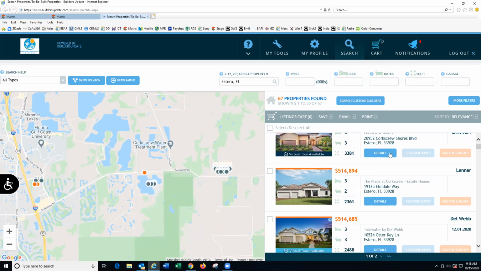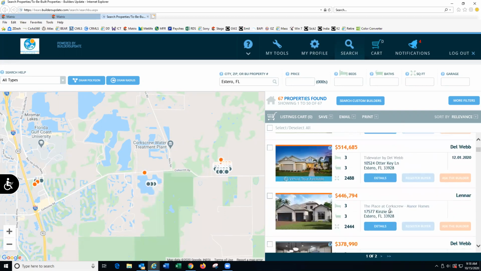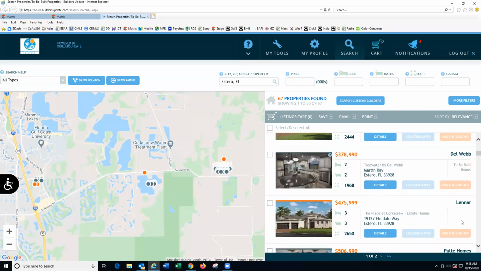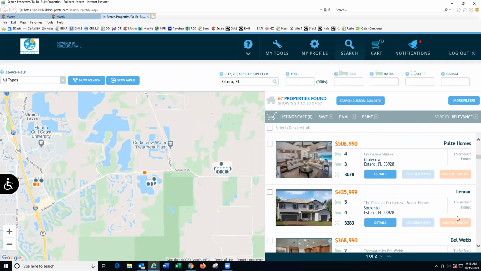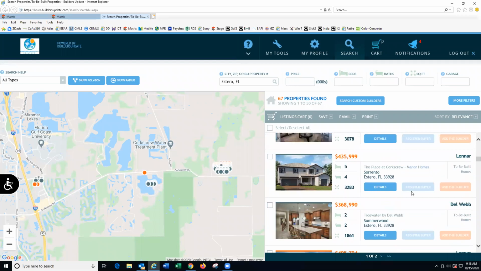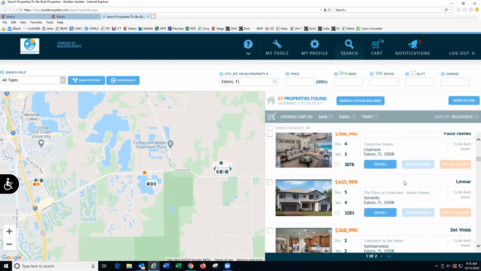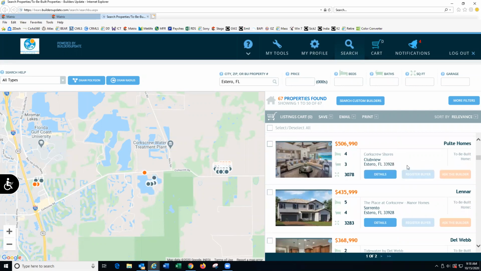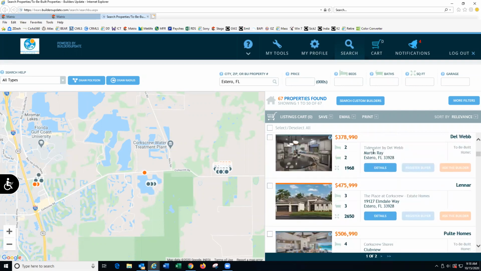And of course, you can click into the details of the property. Some of the builders, you can see the different builders, everything like that. They put them onto this basically external MLS. And so if you want to send or let your client look at some of these properties, honestly, all you